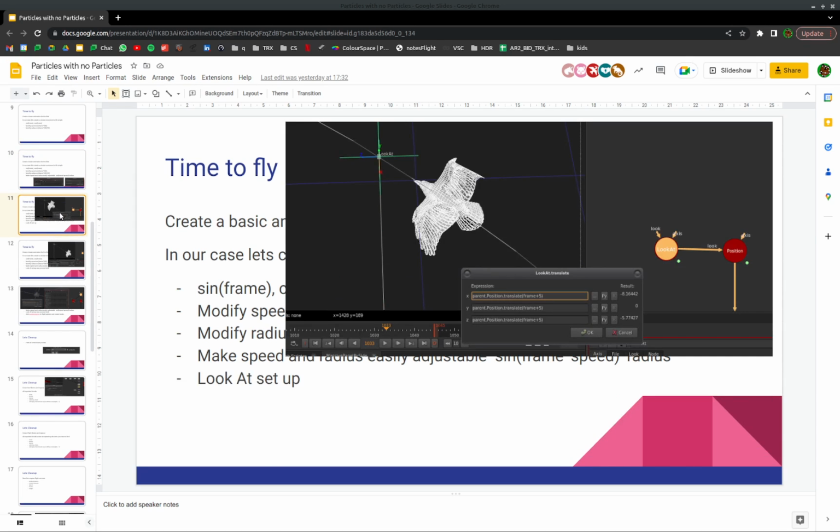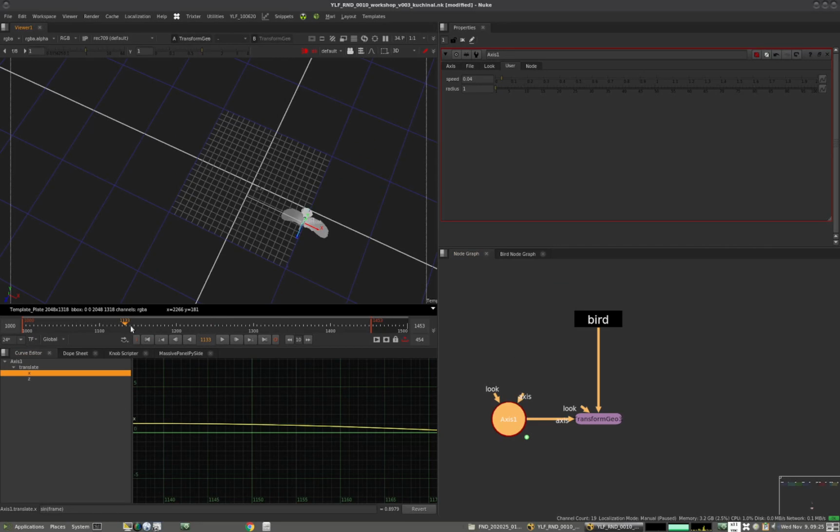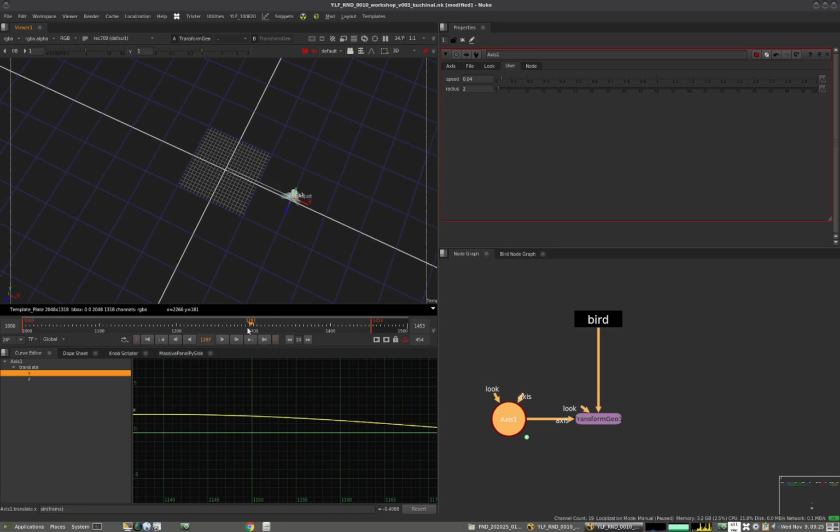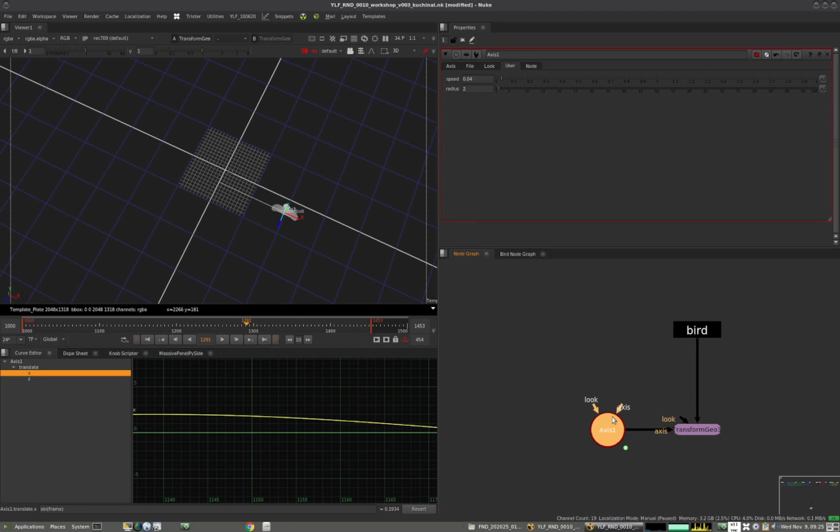Okay, good. So now, let's talk about the look at. As we can see, our bird is actually not looking at anything, and it's supposed to look towards the direction of the flying. I'm pretty sure there are proper ways to do look at, but I didn't know about this, and I was thinking it just needs to look to the place where it will be in 2 frames or in 1 frame. Okay, well, fine. So this will be our position,